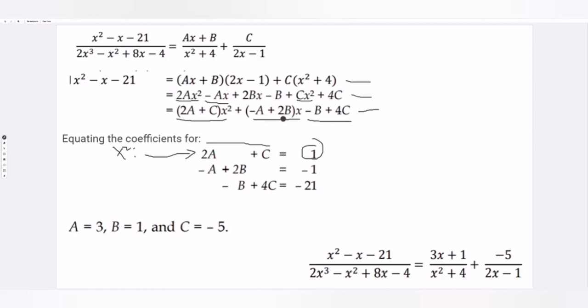Next, in terms of x, on the left side we have negative 1, and on the right negative a plus 2b. In terms of the constant, we have negative b plus 4c on the right side,